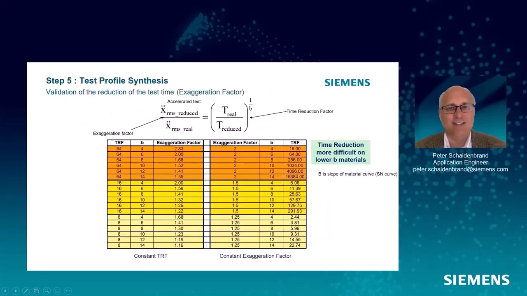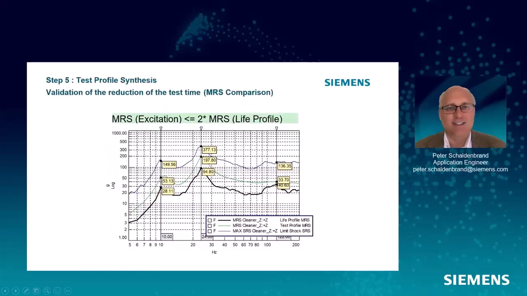Okay, so this is a nice table. Now what we're going to do is plot these MRS of my life. This is my limit shock, just made that up. But typically I have my MRS of my life profile and test profile. And I'm going to look at this and ask, is 2 really high? So I look through this whole range and say, oh my God, that's 2. I need to back up.